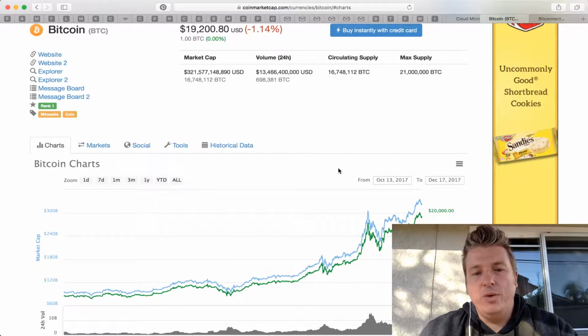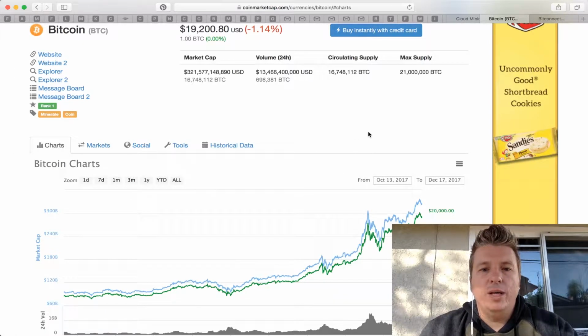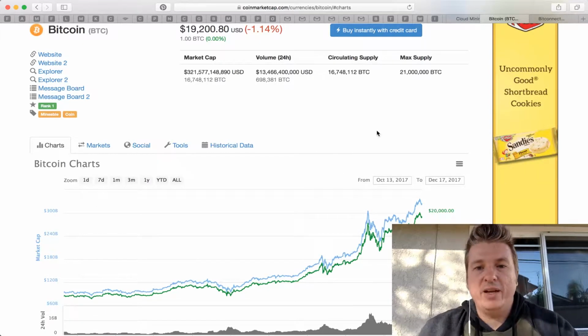But the truth is there's only a limited supply of Bitcoin, which definitely would increase its value in the long term because there's only so much of it. There's only 21 million of them in existence. And when you have the amount of people in the world trying to get a hold of Bitcoin, then obviously it makes it more valuable. So that's what's going on, based on the fact that people speculated that it was going to go from 10,000 to 15,000 or 12,000 to 15,000 to 20,000. Now 50,000 is the new speculation, and then 100,000 is the long-term projected speculation.